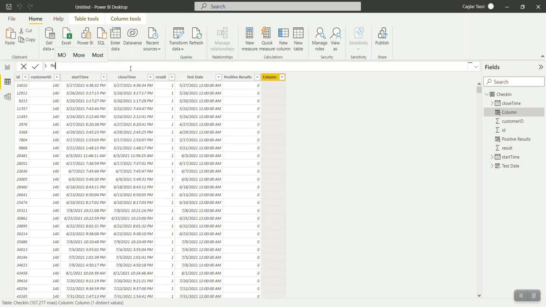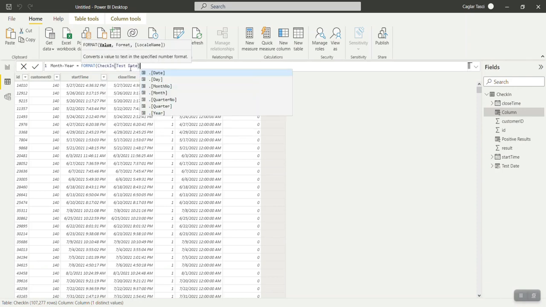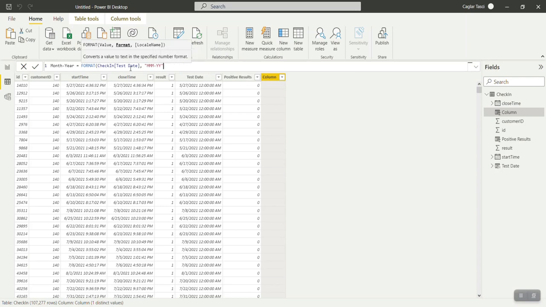Here I will be using the format option, where I just keep changing the format and new columns are created. In this case I will be using the MMM YY format on the test date column. That way I will get a month and year concatenated column, which will be very useful once we are creating our visualizations. Just pressing enter, and the month year column will be created.